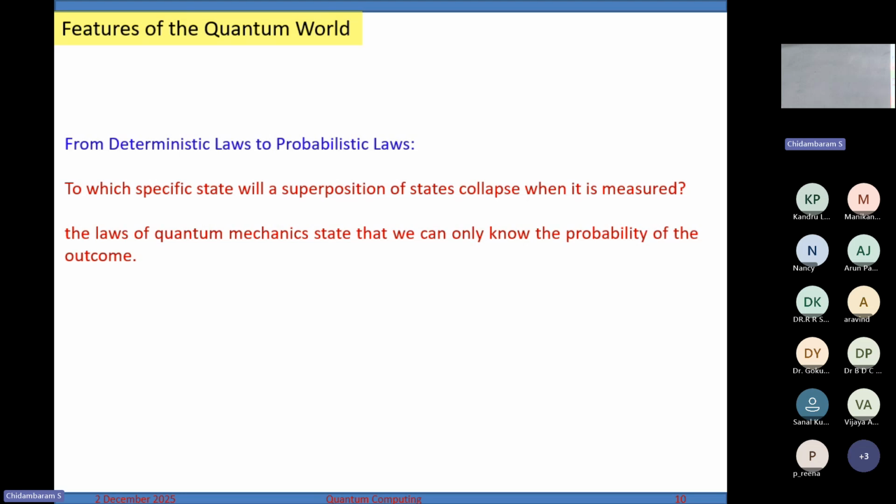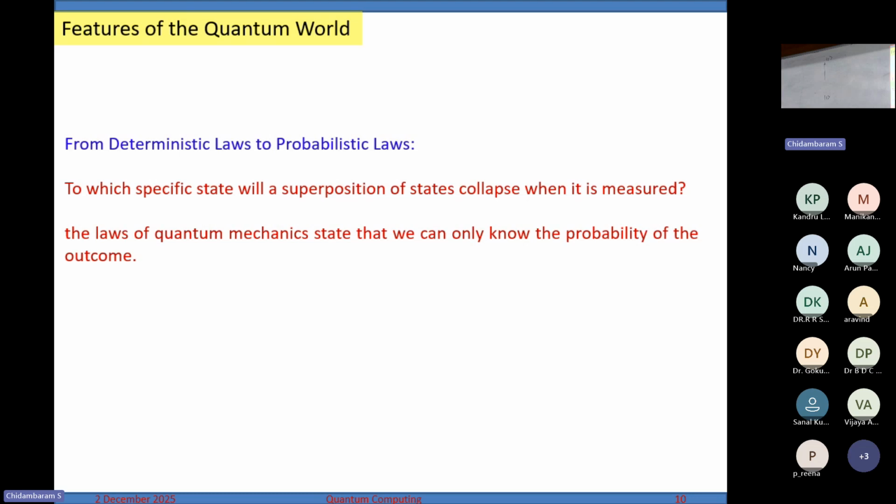So whether it gets collapsed to the morning Sir was talking about, the computational basis, wherein on the north pole you have 0 and on the south pole you have 1. When you measure it, it falls to either the 0 state or the 1 state. That is probabilistic, right? It depends upon to which state it falls. It depends upon